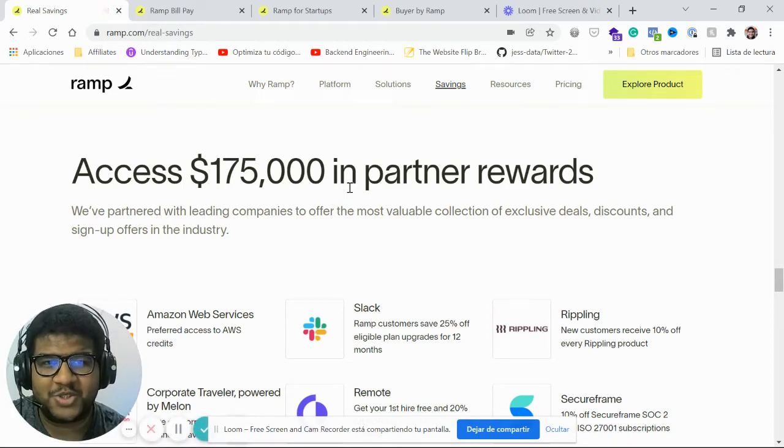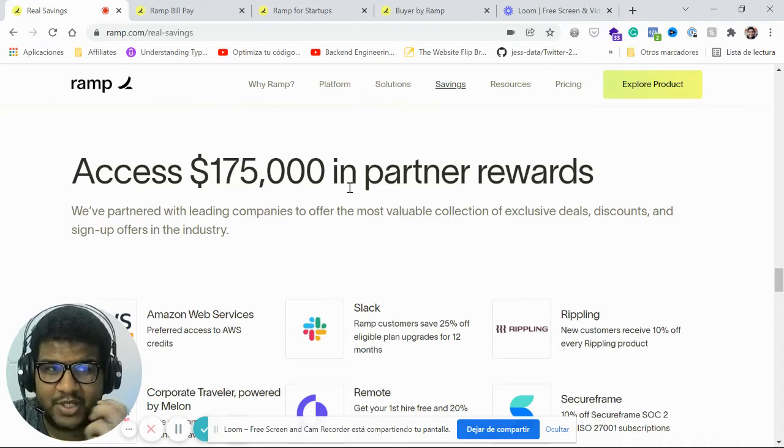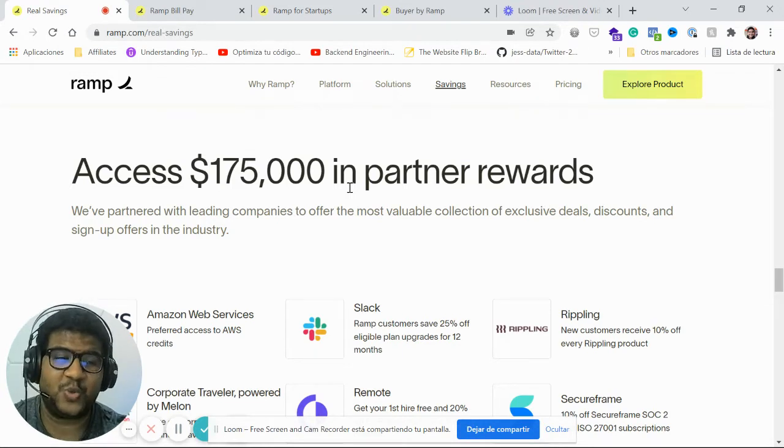I just want to show you why you need to use Ramp.com as your credit card for this business, for your startup right now, because there are a lot of features that many people don't know about the credit card. But I want to show you why you have to use it. For example, if you use right now